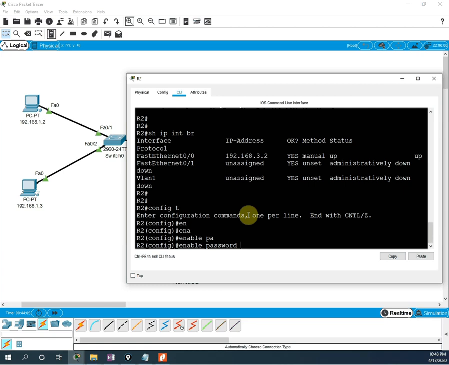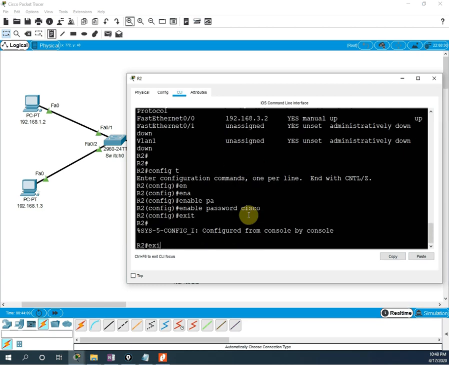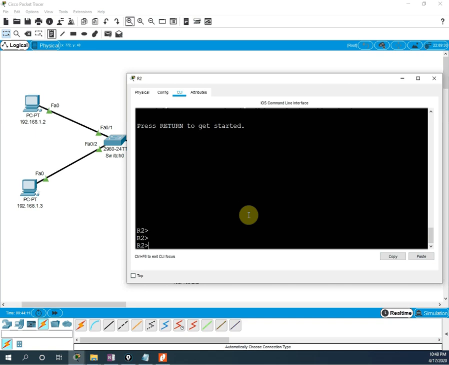I will write Cisco. Okay. So if I enable this one, then I came outside. If I want to go inside, I will write enable, then it will ask me the password. Just now I enabled, so I will write Cisco, then I am inside. Okay, so this is the enable password. When we are going to configure the telnet, we need to enable this password also. The person who is telnetting will get this password option. In our previous video, we already showed this one, so no worries.